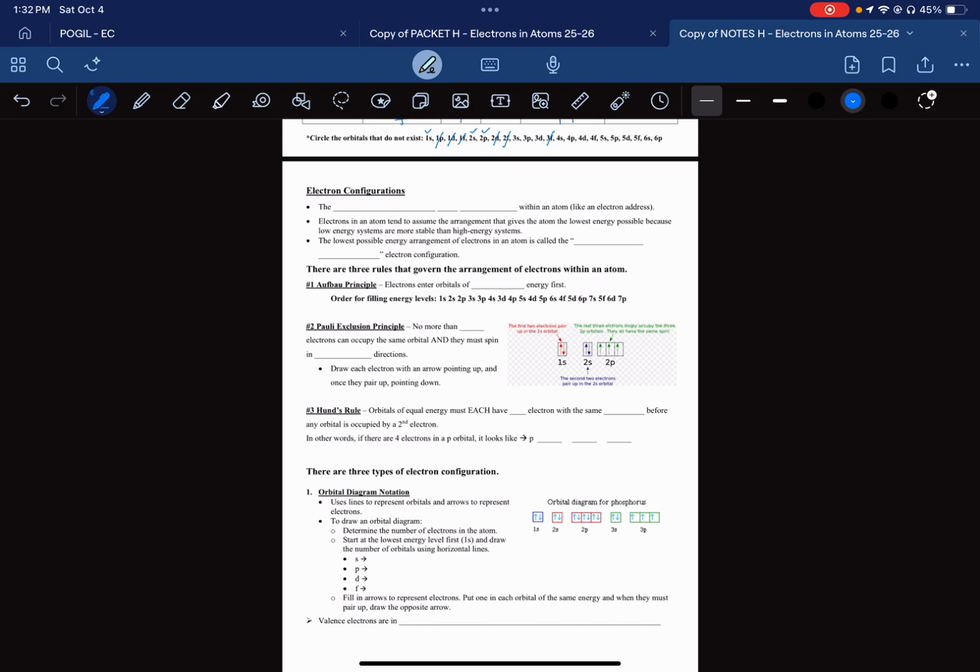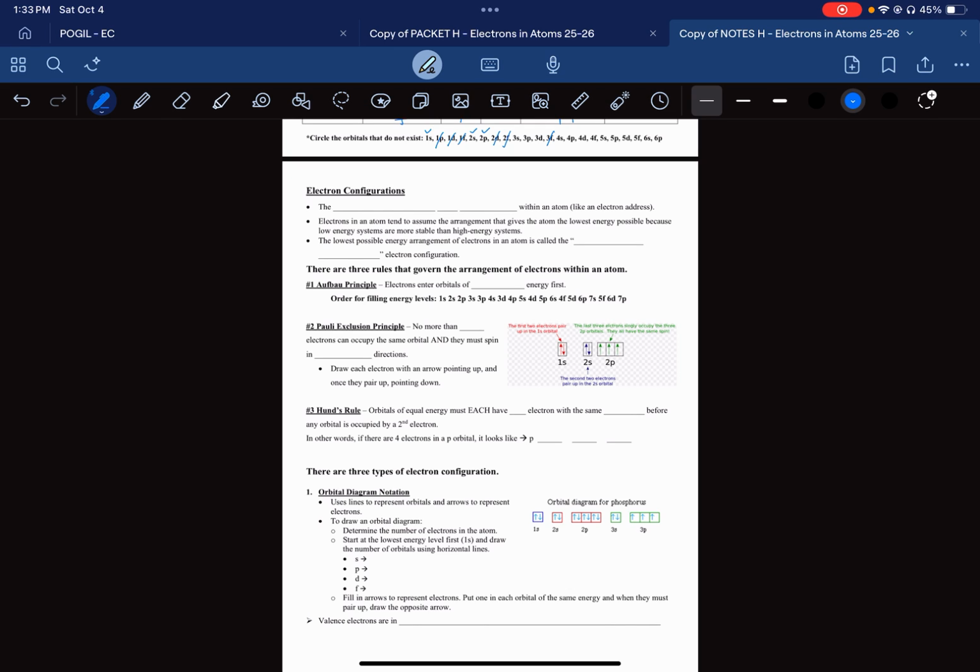All right, so for this part of the notes, we are going to talk about the rules that we are following when an electron is basically filling up into an atom and the different ways we refer to those rules. And then we're going to talk about three different types of electron configurations. So we have an orbital diagram notation, we have your standard electron configuration notation that was like the manager's code in our boarding house activity. And then we also have noble gas notation,